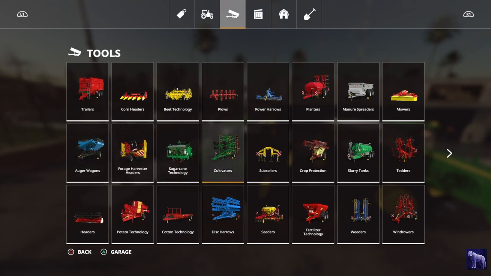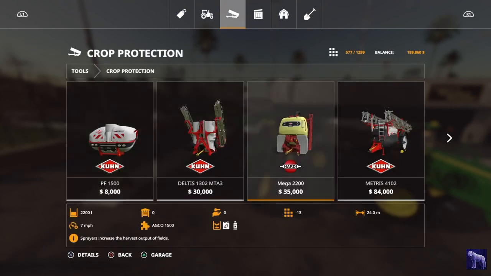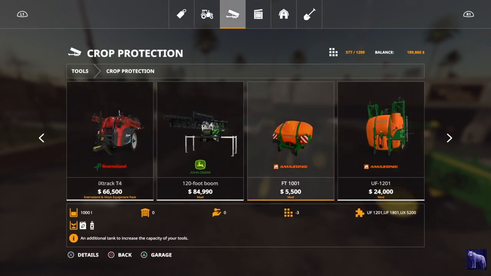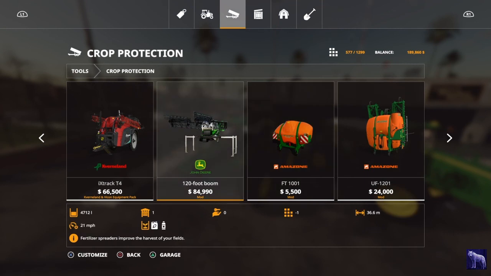Now, when you go into the tools and you go into crop protection, which when you got the main opening menu, it would be right here with the Hardy Rubicon, right? Hardy Navigator. You just keep going past until you find this right here. It is the John Deere 120-foot boom. 4,712 liter capacity, 36.6 meter width, which also is 120 foot,